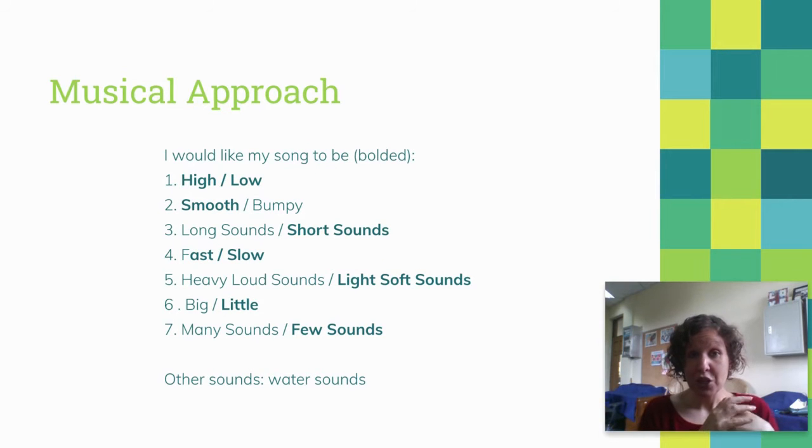The next thing you'll do is you'll also need to think about, all right, so I want to write something sad, but how do I write something sad? What kind of music sounds sad? So as one of the steps for this project, you'll think about how music is sad, and we'll talk about your musical approach. This is my musical approach. So when I was thinking about my song,